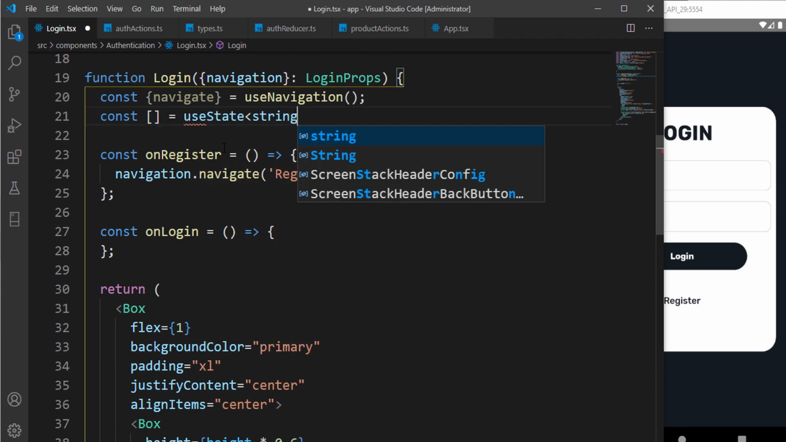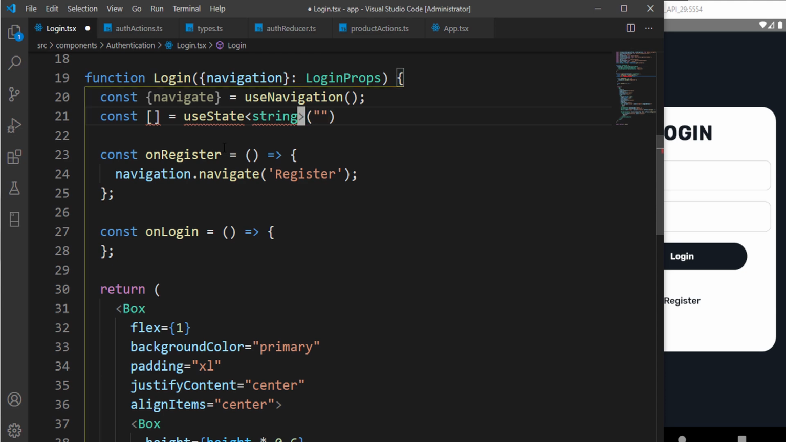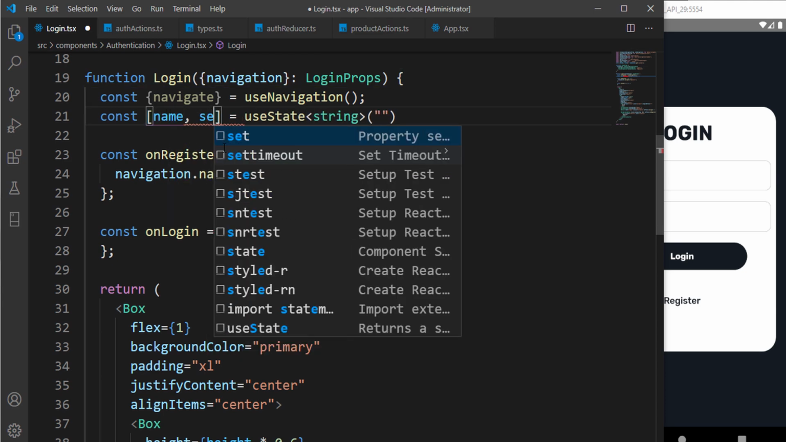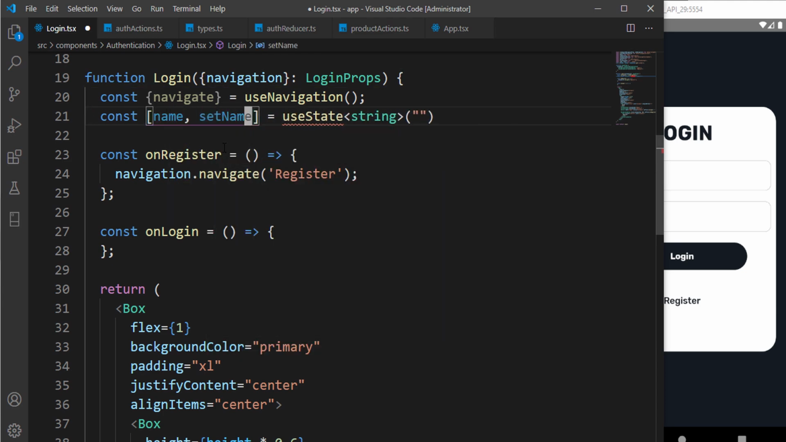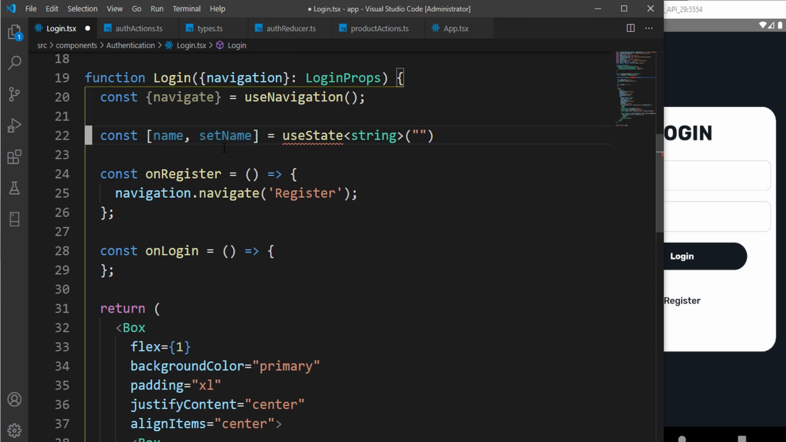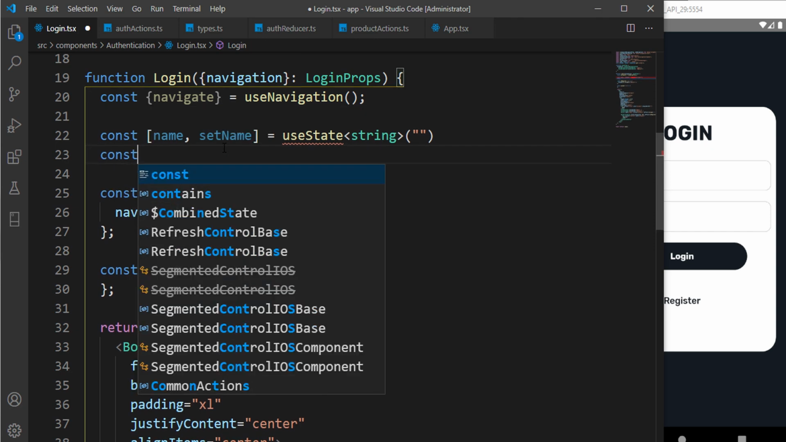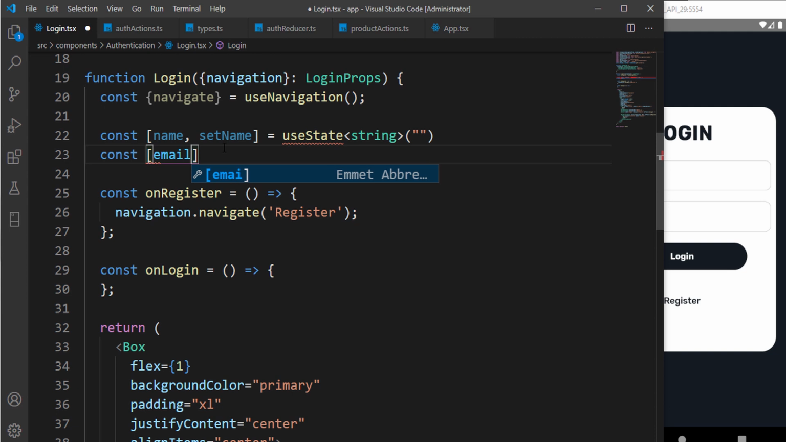The first one we have is a string of name and the set name. And I'm going to create the second one. It's going to be the email. I think we have, okay, for the login, we have the email and the password, sorry. So this is email, sales email. And this one is the password, which is the set password. It's going to use state